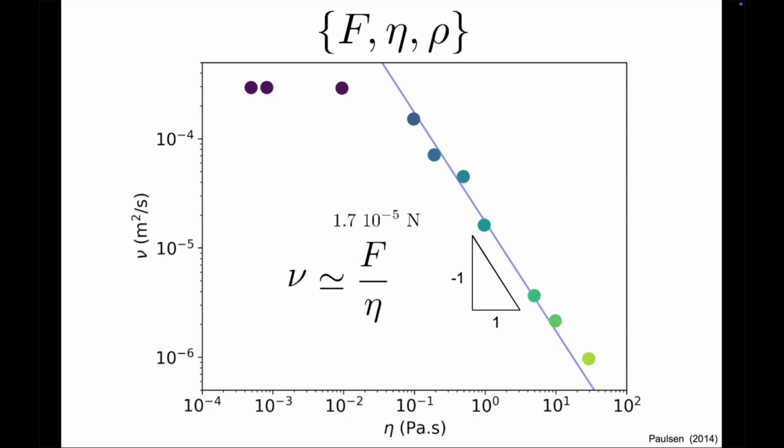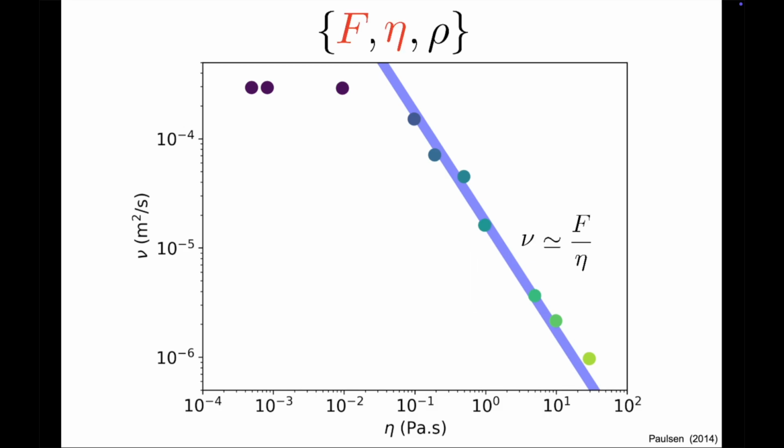Where does this force come from? We know this since episode 10. It is the Laplace force, which if necessary can be expressed as the product of the surface tension gamma and the size of the bubble L. In all these experiments, as already mentioned, this size is fixed, around 1 millimeter, and the surface tension only varies slightly. Using these values, we indeed recover the observed behavior, the thickness of the line reflecting the range of surface tension. So we've identified 2 out of the 3 mechanical parameters.